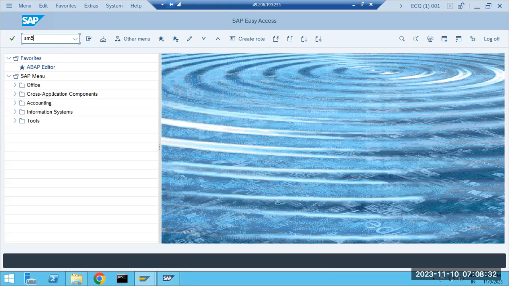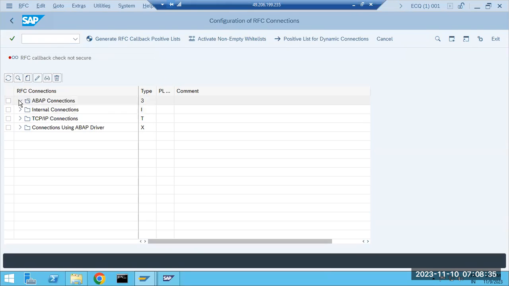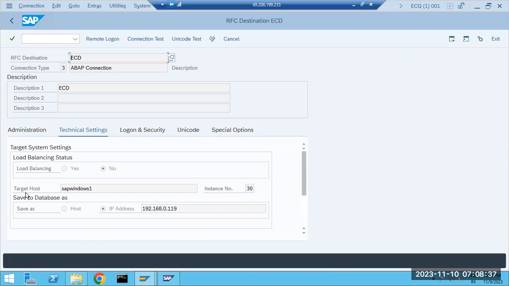If you understand the concept here, you are providing source only, but the naming convention is they are providing the target host. In the client copy perspective, we are pulling the data from the source host only. But in the SM59 destination perspective, you are connecting to one remote host, the target host. That is the confusion here. So don't get confused. This target host means any system you are connecting from this system to. So that is called the target host.